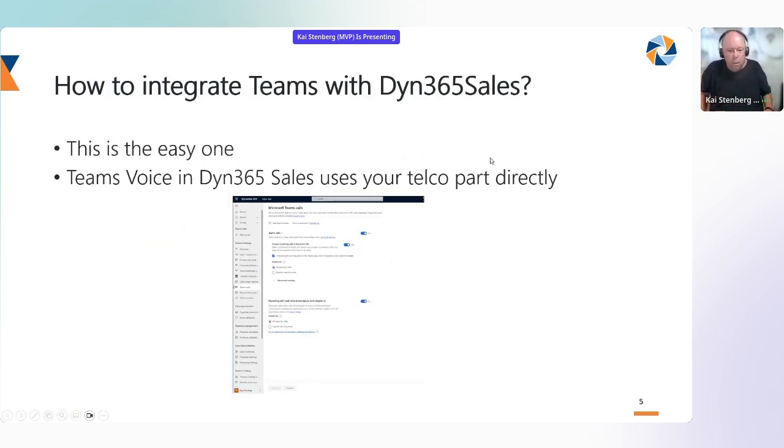So if we look at Dynamics Sales, start with the easiest one. This is way easy to do. What you actually do is that you reuse your phone system integration that you have in Teams. You just turn it on, then you add it to the application which your sales members are a part of. Then what happens is